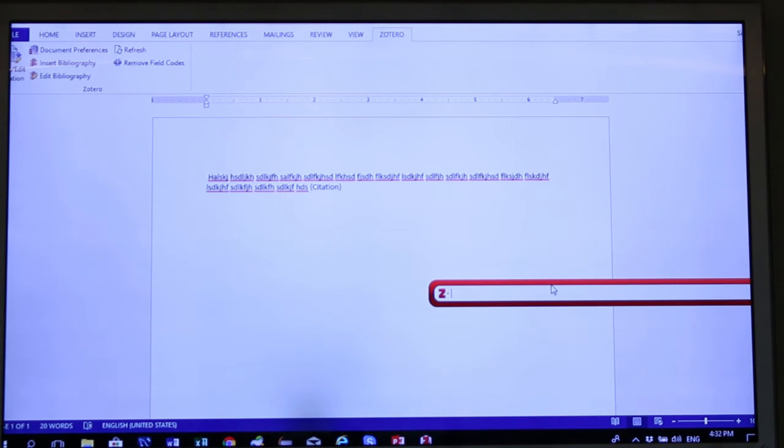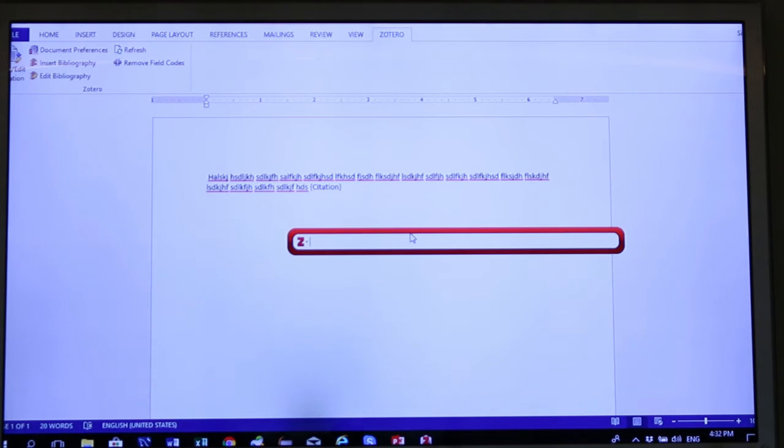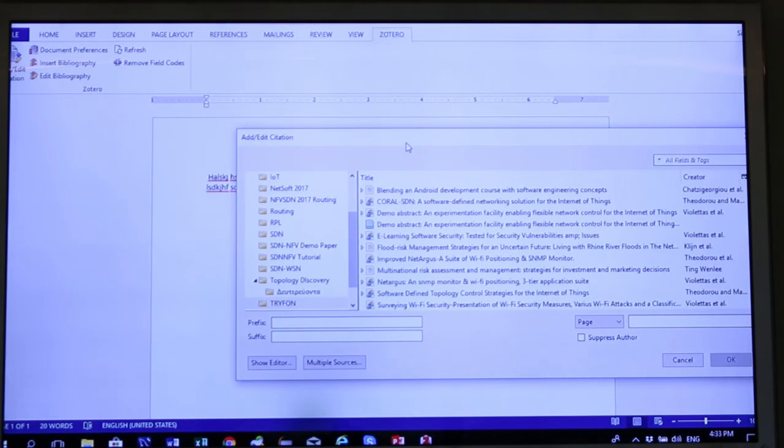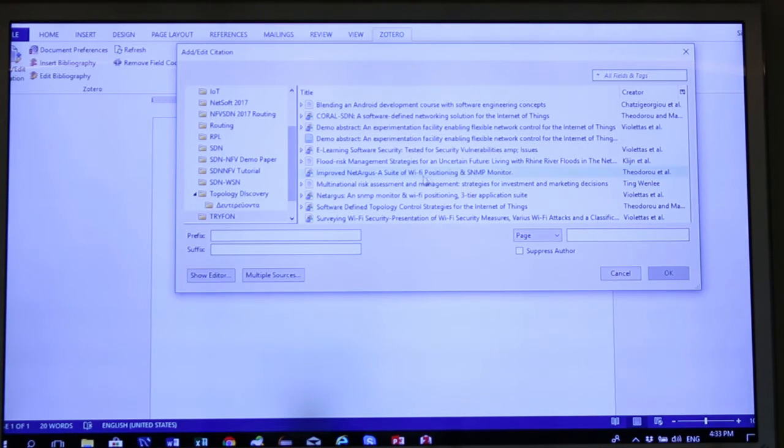But now I receive this list box where I can select, for me, the classic view, where it's giving you all your citations. What was the citation that I would like to use? The flawed risk management. Where is it? Here it is. So I click, I say OK, and immediately the citation is placed.